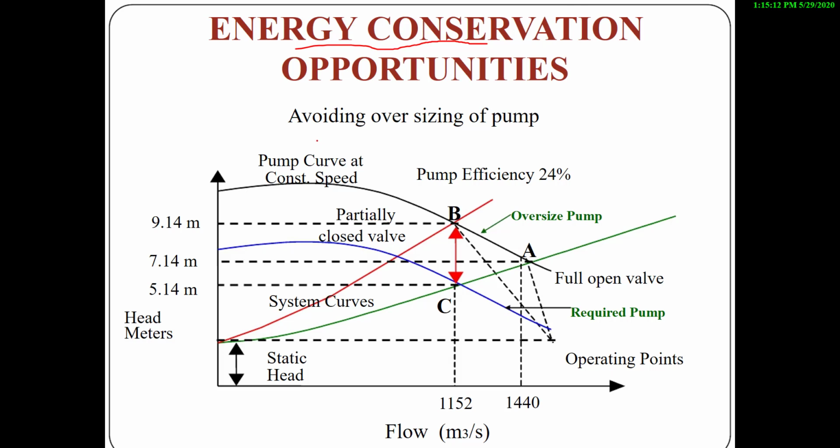Based on the points mentioned above, avoid oversizing of pumps. These are the characteristic curves considering all parameters and all terms of the pump system, that is pump efficiency, motor efficiency, and operating a motor at full load, and for variable load and variable requirements on the basis of head, meters, etc. are mentioned here, and for different operating points or duty points, how the motor is running is mentioned here.